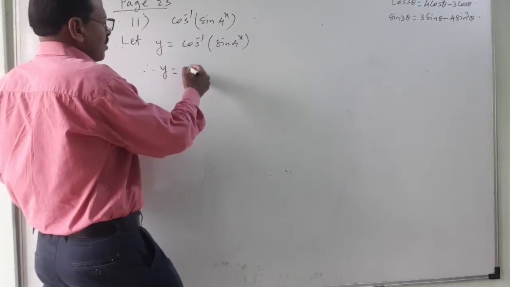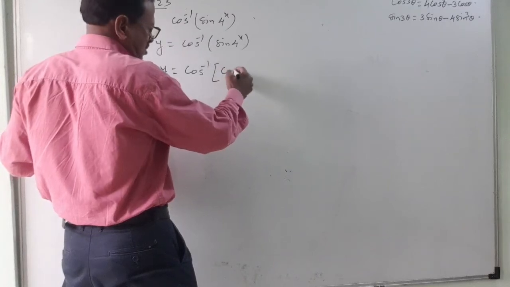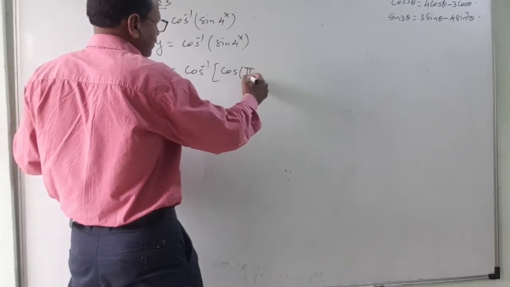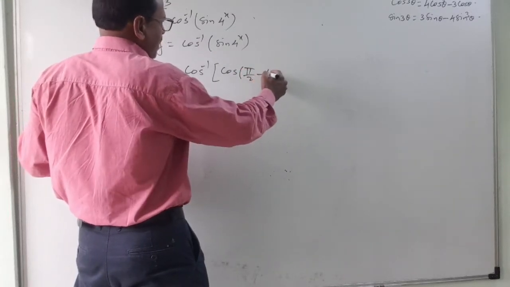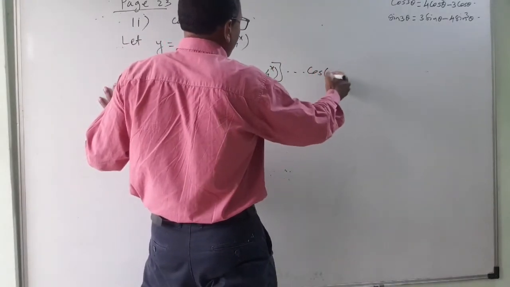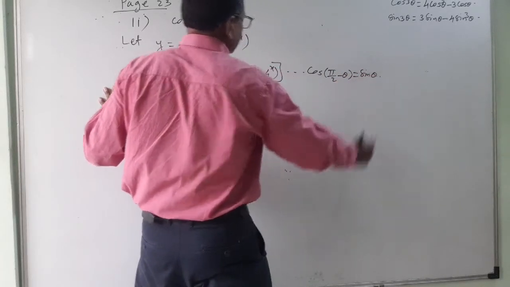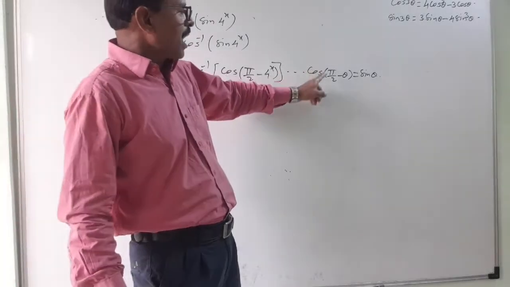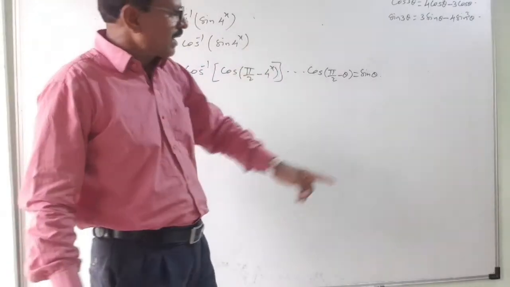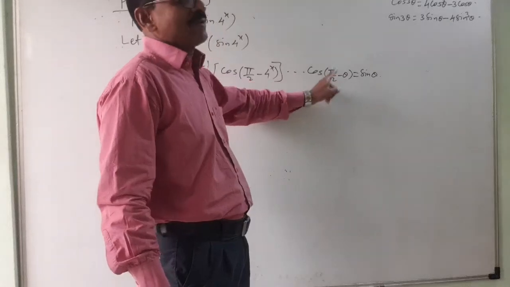So y is equal to, I will write this way, cos inverse of cos of this sine. I will write sine as cos, but for that I have to write pi by 2 minus 4 raised to x. You know the reason for this. Cos of pi by 2 minus theta is equal to sine theta. Cos of pi by 2 plus theta is also sine theta, but that goes in the second quadrant and it comes minus sine theta. So don't make the confusion. Always take minus theta, pi by 2 minus theta.